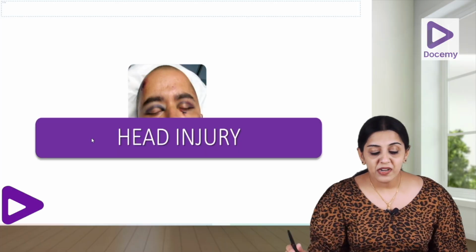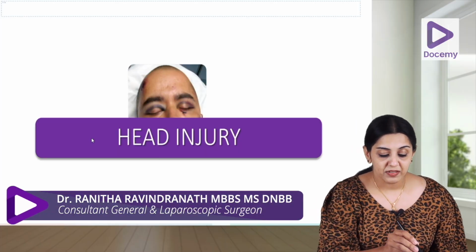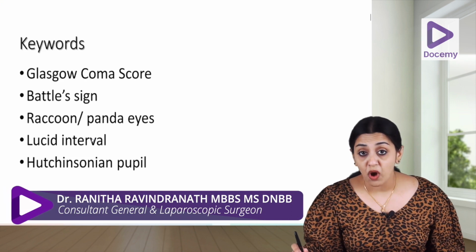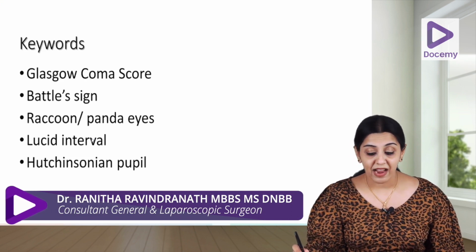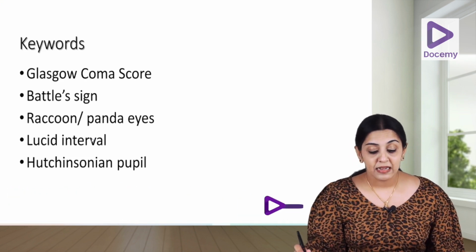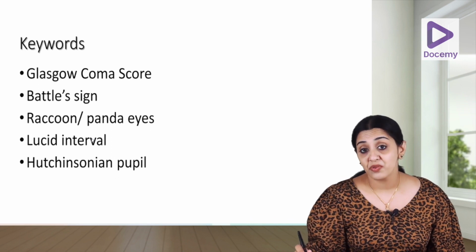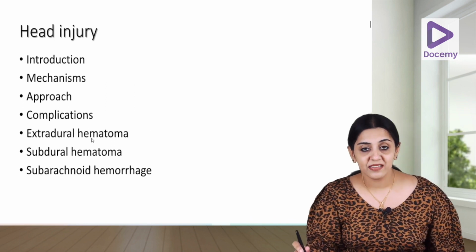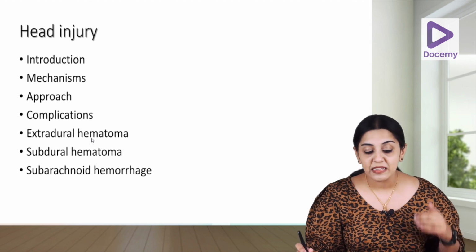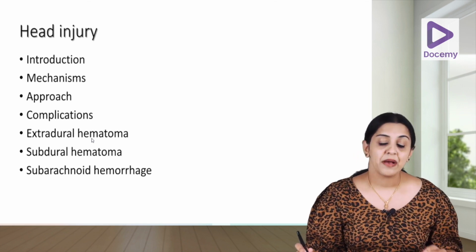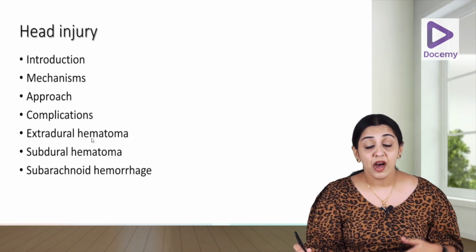Hi friends, let's discuss a very important topic, head injury. The key words used in this session are Glasgow Coma Score, Battle sign, raccoon or panda eyes, lucid interval and Hutchinsonian pupil. So let's discuss this topic under the following headings: Introduction to head injury, mechanisms of head injury, approach